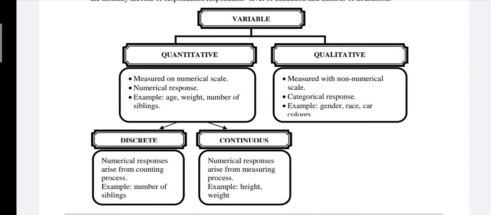So these two differences of discrete and continuous is very important for you in order to find or calculate the probability of the variable. Sebab untuk discrete, untuk cari probability, you just boleh add ataupun sum up, but for continuous you need to integrate, okay, using the integration.